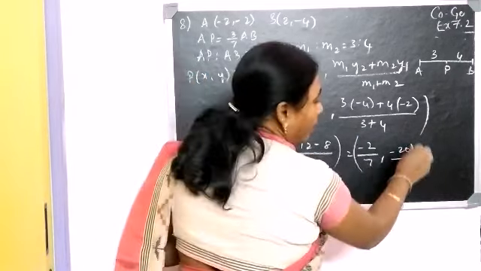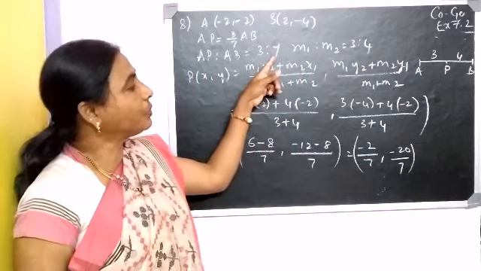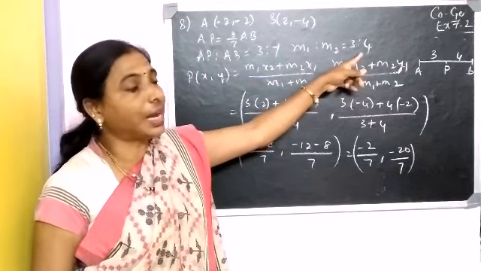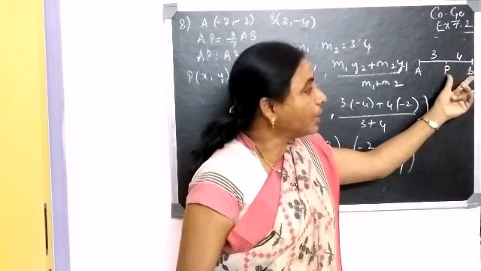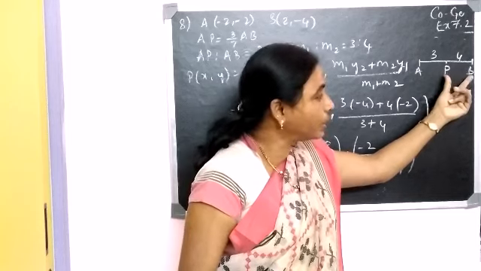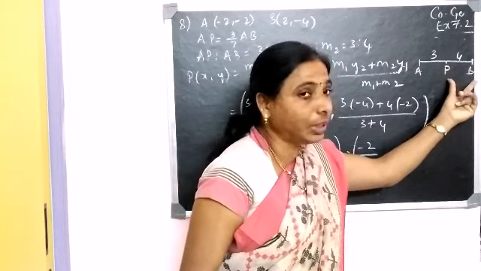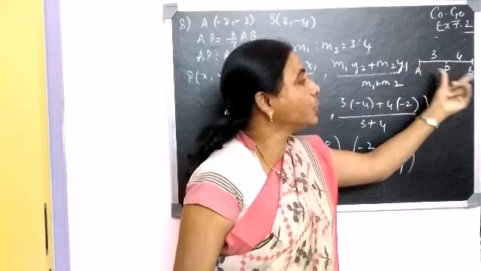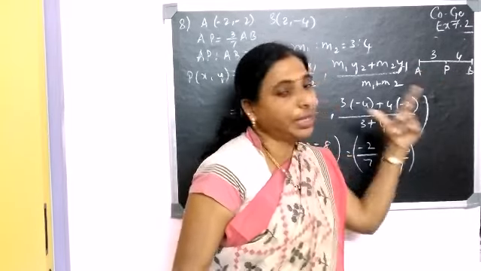Only one thing you have to remember here is that it is given as 7 but becomes 4. The reason is that here we are taking AB full as 7, whereas we want only 4, this PB. AP is to PB we want. Therefore this becomes 3 is to 4, and this full AB here is 7.